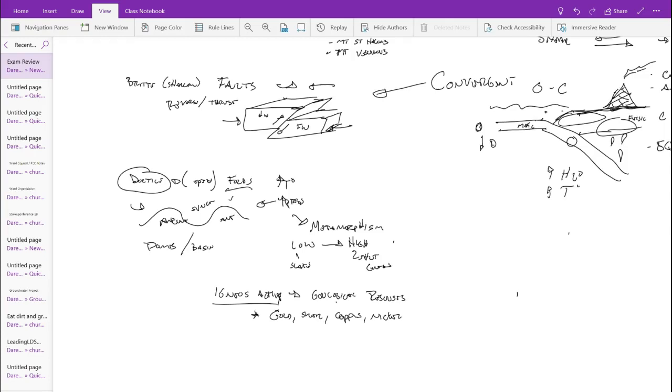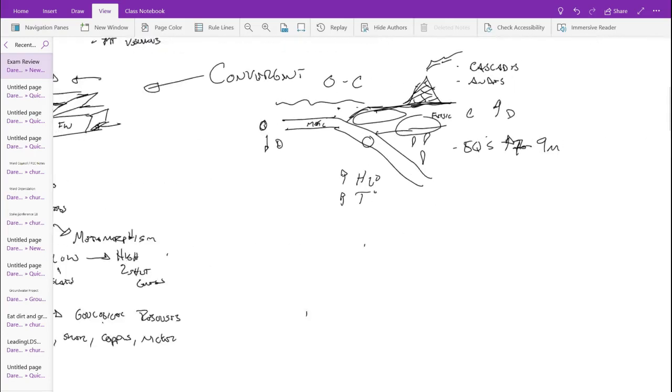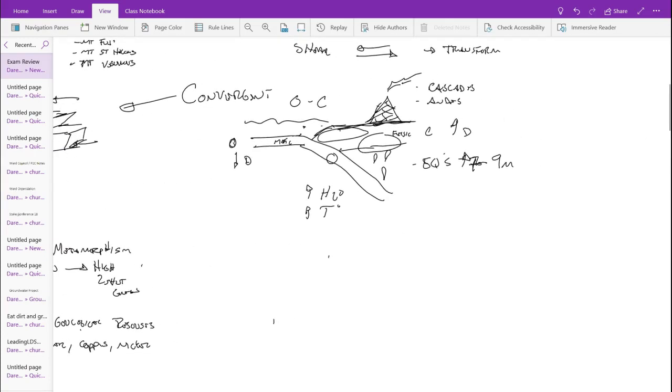So let's finish off the other types of convergent boundaries. We did the oceanic-continental here, but we also have ocean-ocean, and that's when you have your ocean plate going underneath another ocean plate. So this is ocean and ocean. They both start off as mafic, right? But one of them tends to be older or denser than the other one, partially because they're from a source